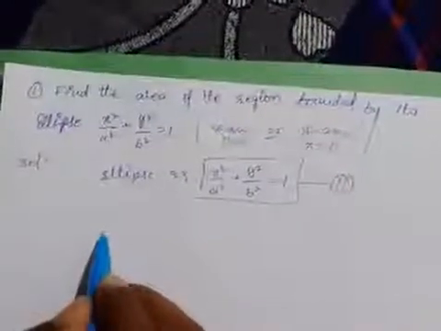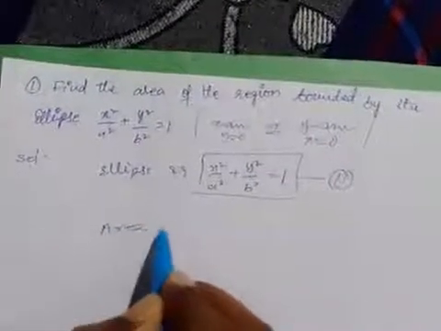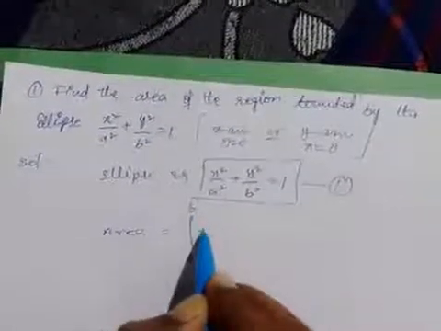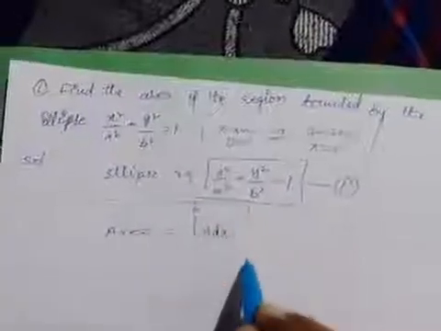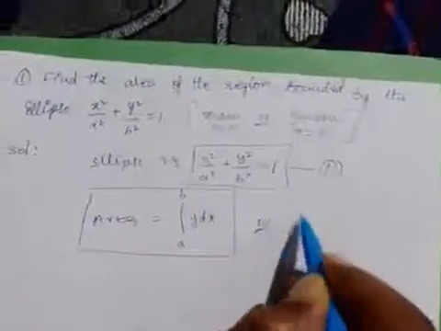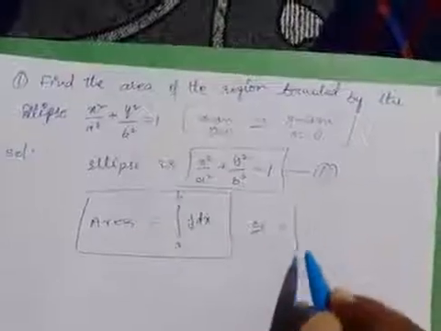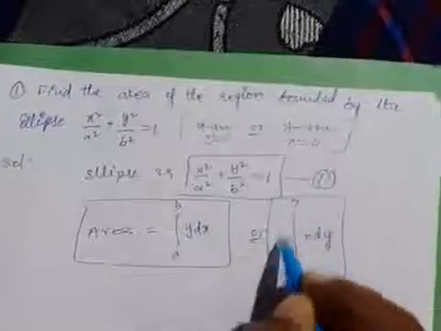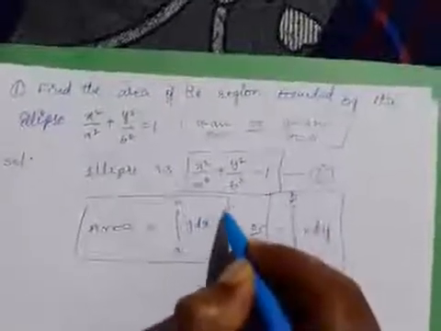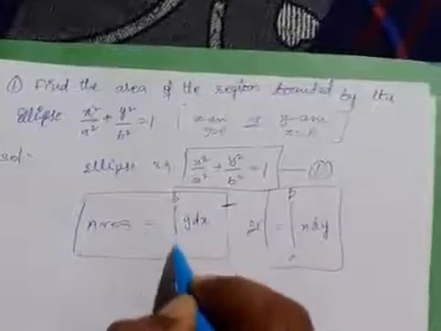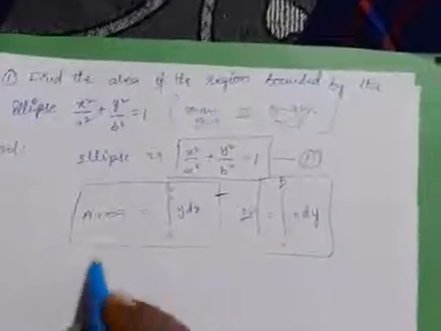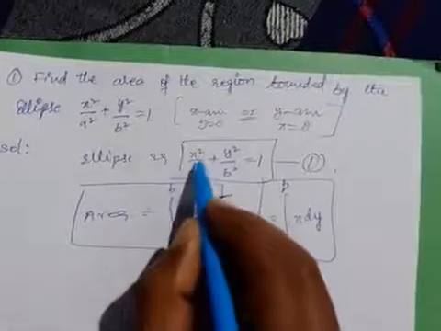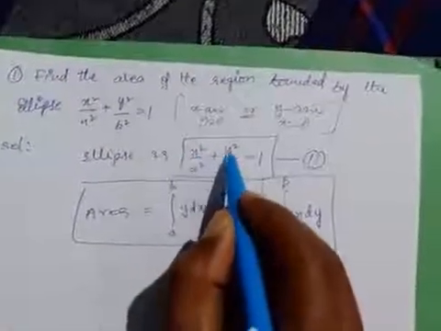We know that the area formula is integral a to b y dx, or it may be like this also, integral a to b x dy. Here I am going to use this one, integral a to b y dx. This is area in the form of y, but here is the combination of x and y variables, so